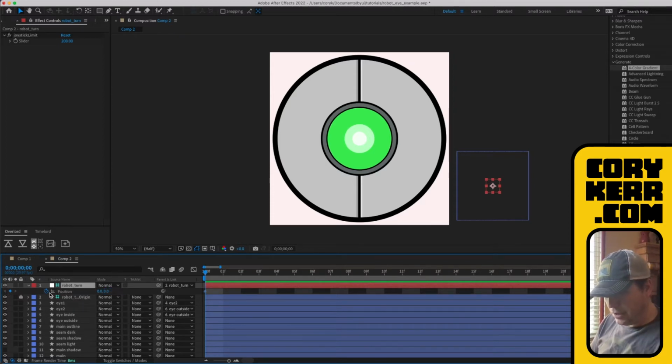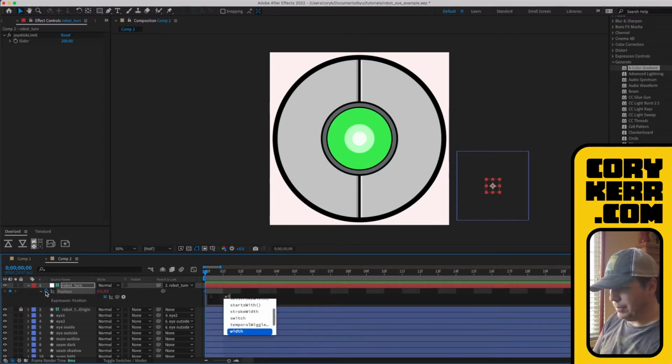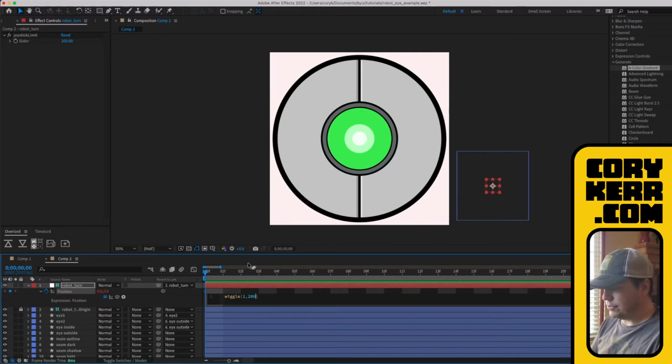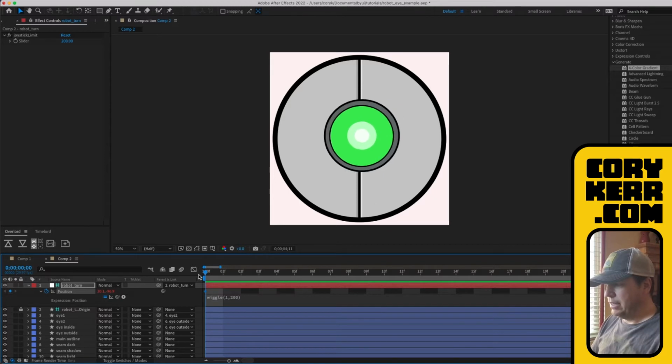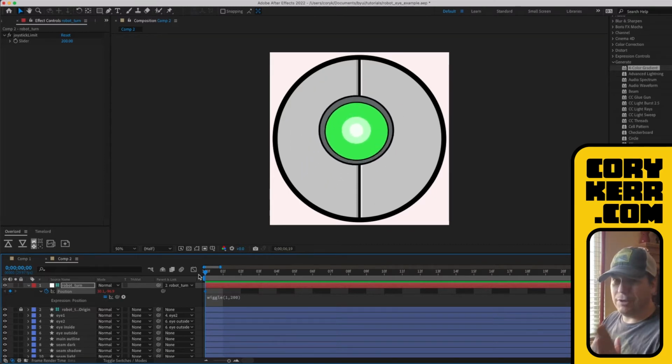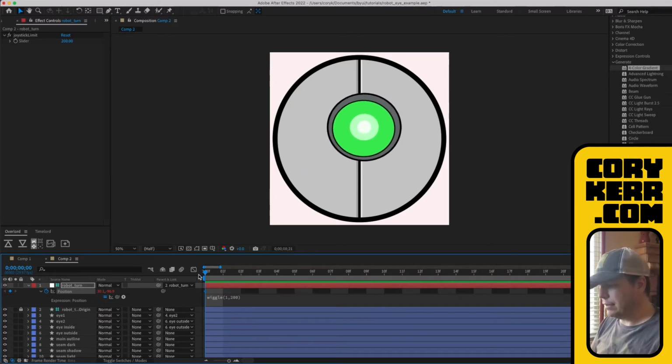So I can Alt click, and let's just type in wiggle, and let's say every second, why don't you move 200 pixels, because this thing is 200 across. It's actually 400 across, so 200 to the left and 200 to the right, and up and down. And then it'll just kind of move around, right, randomly. And I don't really like that too much, because anytime it goes diagonally on this particular one, it's going to look a little bit weird.